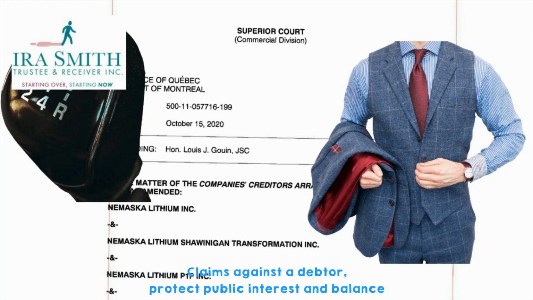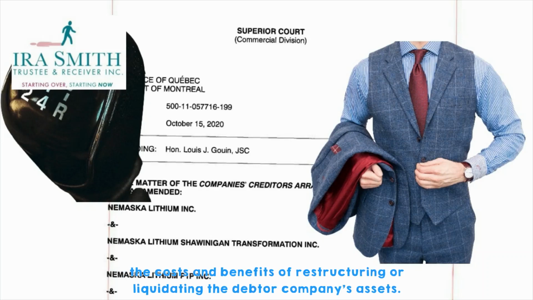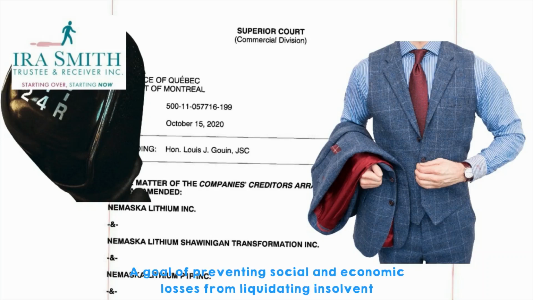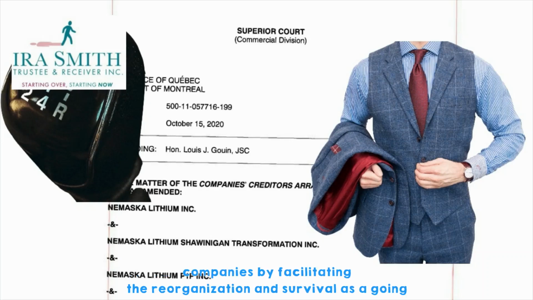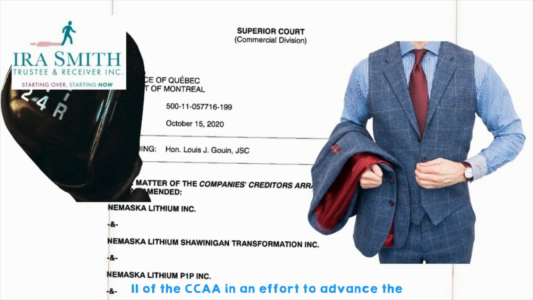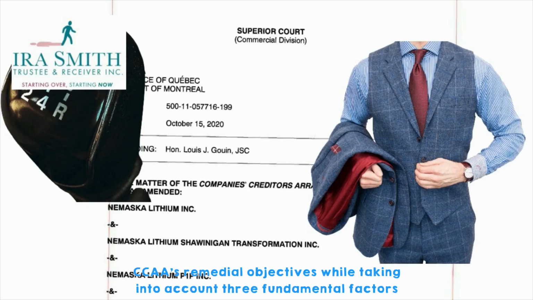of creditors' claims against a debtor, protect public interest, and balance the costs and benefits of restructuring or liquidating the debtor company's assets. The CCAA's goal of preventing social and economic losses from liquidating insolvent companies by facilitating their reorganization and survival as a going concern, and CCAA judges' broad discretion under S. 11 of the CCAA in an effort to advance the CCAA's remedial objectives while taking into account three fundamental factors